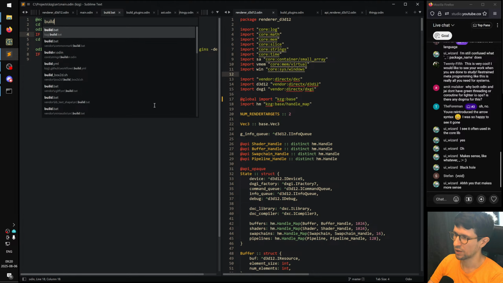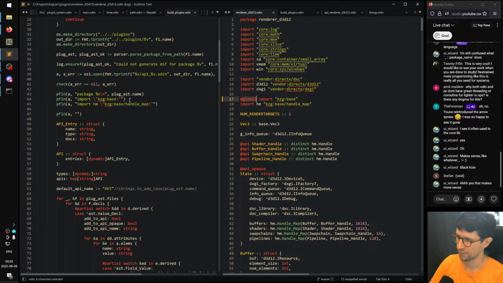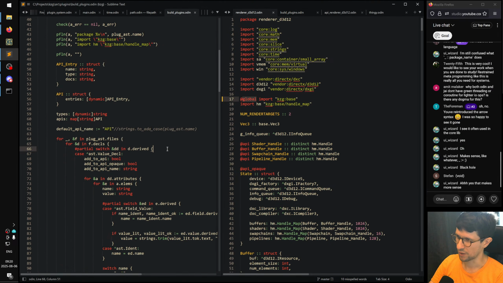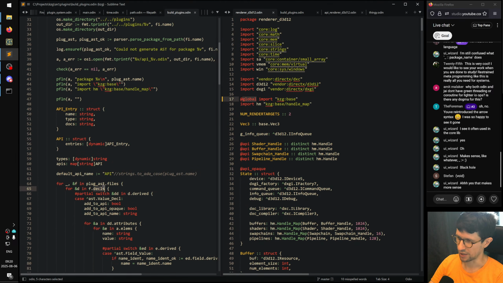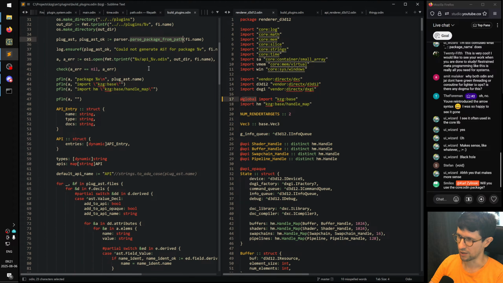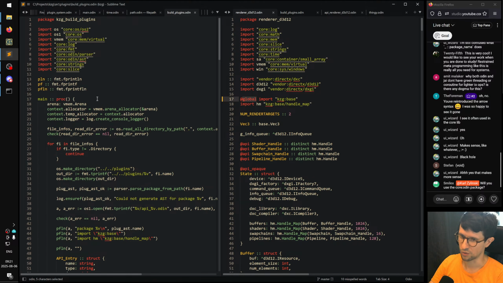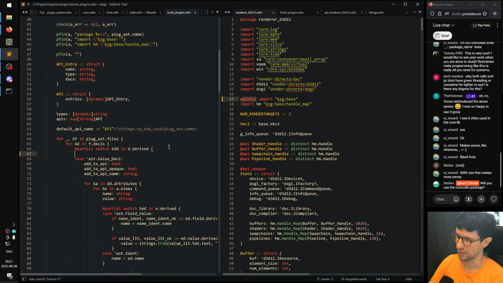So now we can go into build. Since we have that custom attribute on this, we can go into build here, and we can say, here I loop over all the declarations in all the files of my plugin. So I parse a package from a path, and this will be the whole folder, the whole render D3D folder, and it will go through all the files and all the declarations in all the files. Yeah, I'm using the core Odin package here, core:odin/parser and ast. So then we can say case